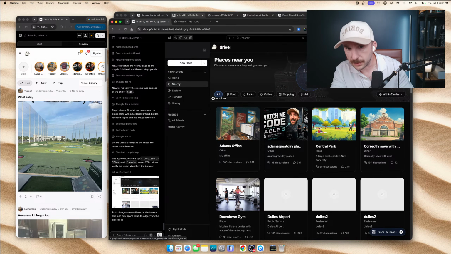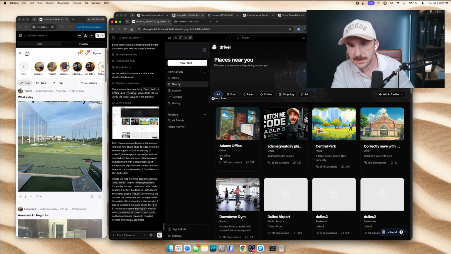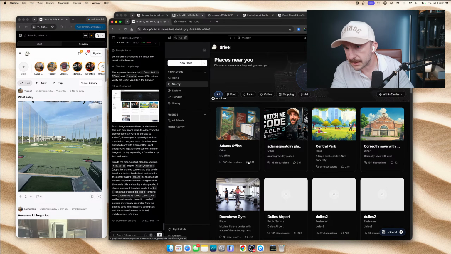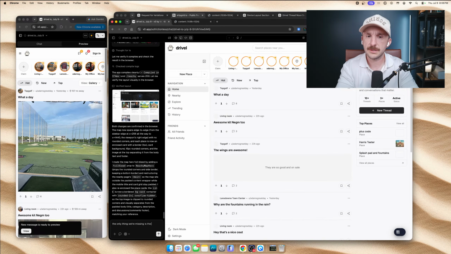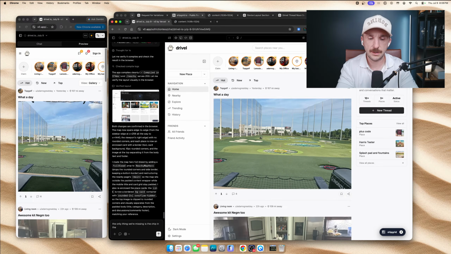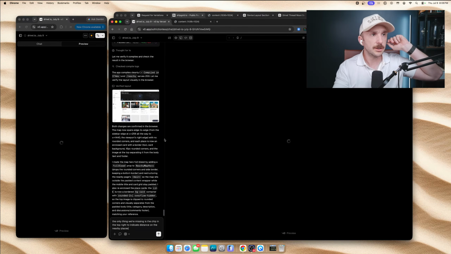I think we're pretty close, man. So we should be gray text instead of white text. I think we are gray text. All right, the only thing we're missing is the chip in the top right to indicate the nearby places. And then we're done.